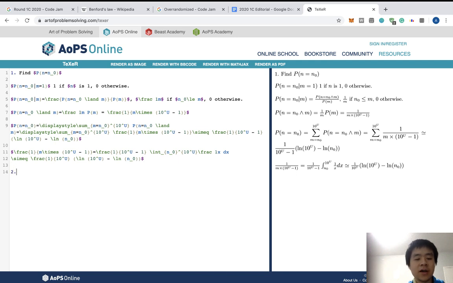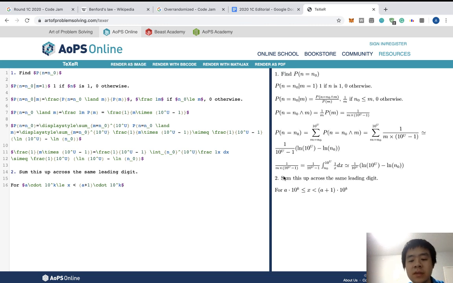Okay, now we want to sum this up across the same leading digit. For this purpose, we'll only focus on the same leading digit for the same number of digits. So we do this for, let's say, 10a times 10 to the k less than or equal to x, smaller than 10 to the k. We want to sum this expression up in this range,